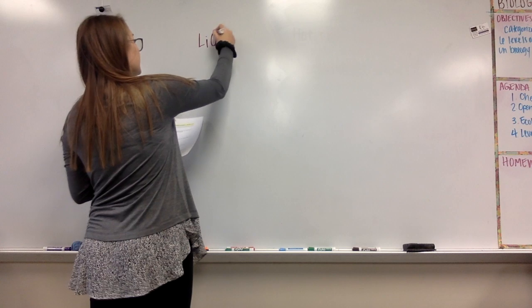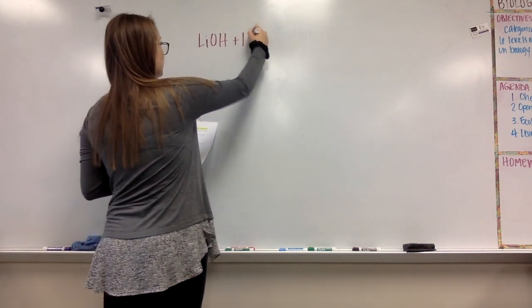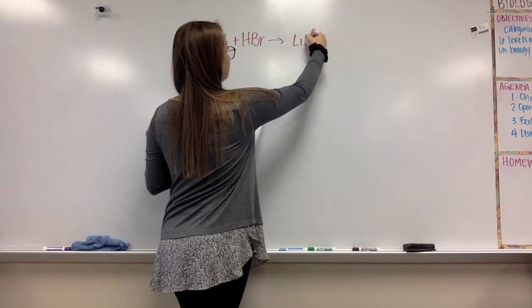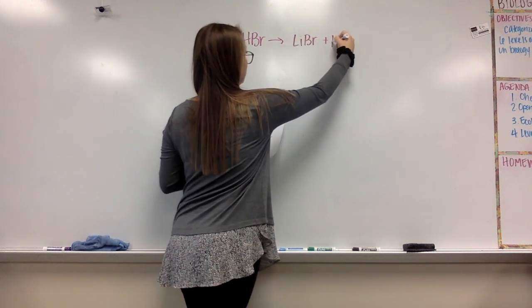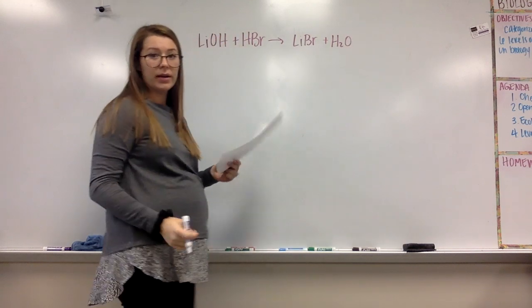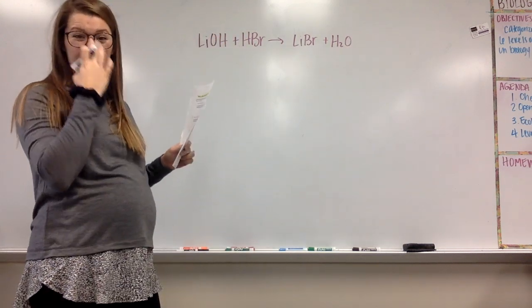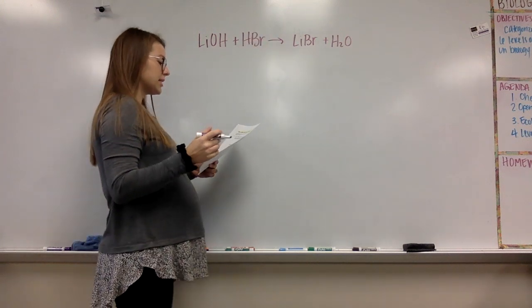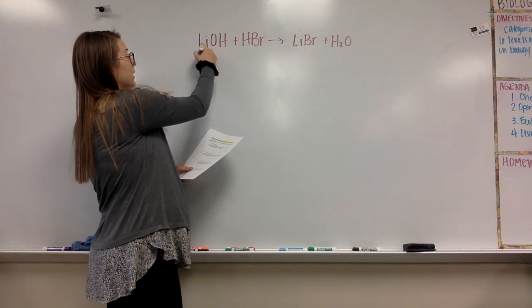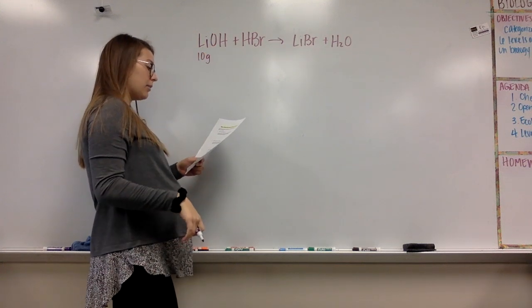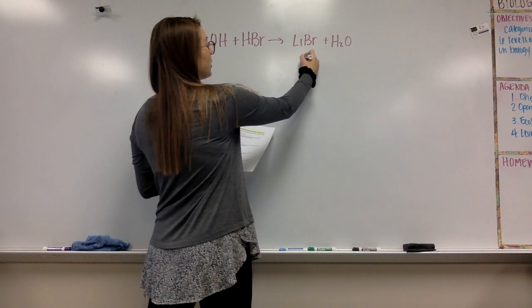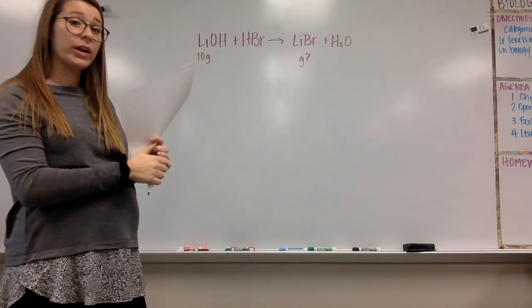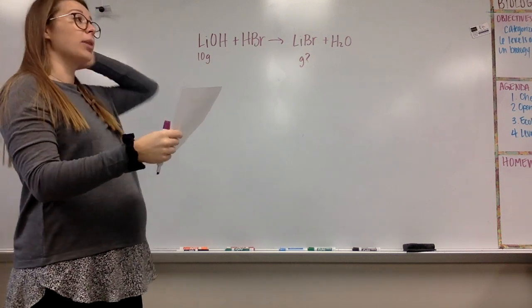So if I have lithium hydroxide, hydrobromic acid, all right, there's our equation. This is nice because it's a 1:1:1:1 ratio. First question says if you start with 10 grams of lithium hydroxide, how many grams of lithium bromide would be produced? So again, it's helpful to write out what you're starting with and what you're asked for in your problem,